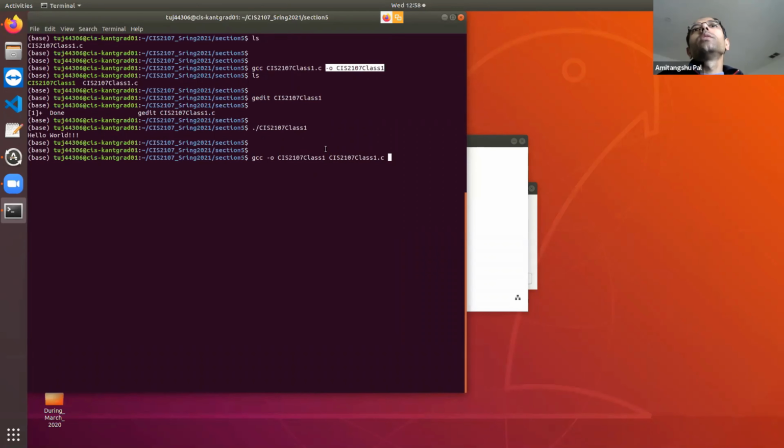Any order is going to work. The only thing you need to remember is that your output file name should follow -o. Dash o is basically saying that the following file name is the output file. That's the only thing you need to remember. No other order is important.